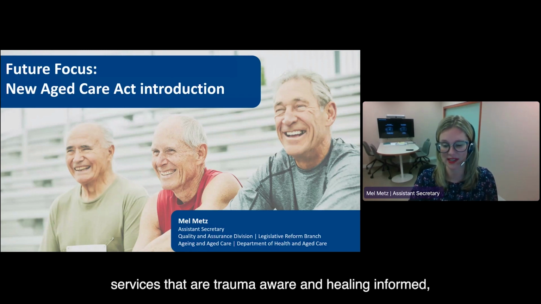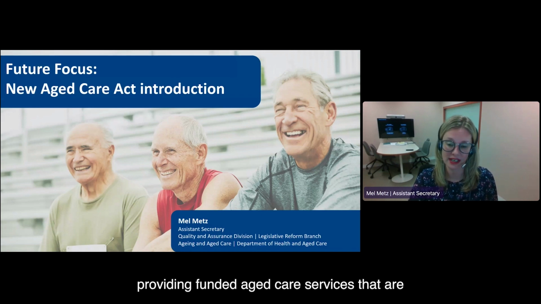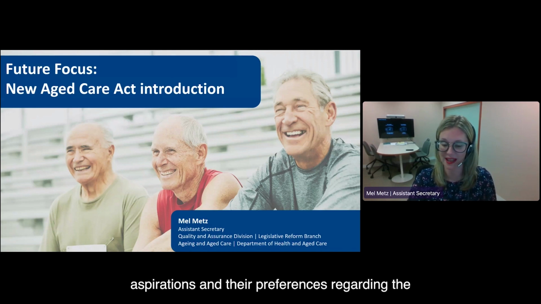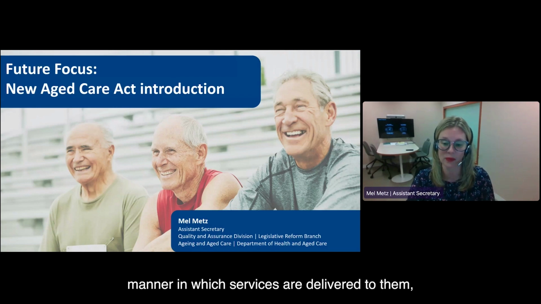Providing funded aged care services that are trauma aware and healing informed, providing funded aged care services that are responsive to the person's expressed personal needs, aspirations and their preferences regarding the manner in which services are delivered to them,